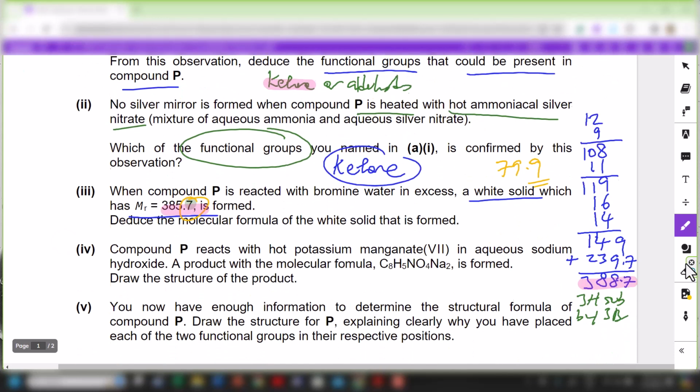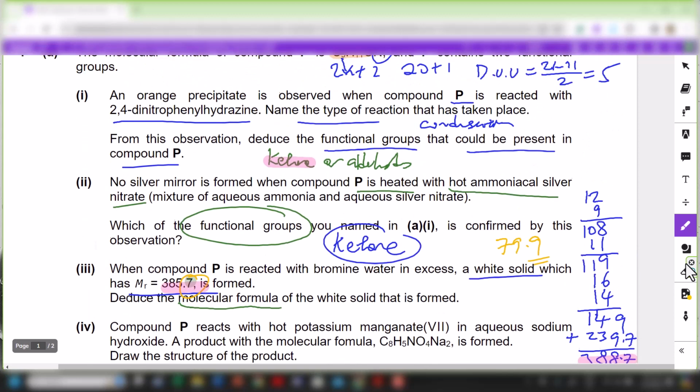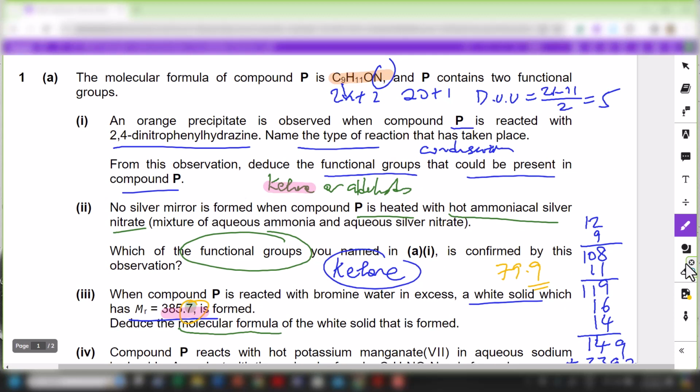Yeah, so this unknown cannot be a phenol. So it is actually phenolamine, or aminobenzene. This tells us that my unknown contains NH2 directly bonded to the phenol ring. NH2 works similarly to an OH, so it will enhance the reactivity of the benzene ring towards electrophilic substitution. Okay, so from here the molecular formula we can deduce easily, so that will be C9, minus 3 H's, so it will be